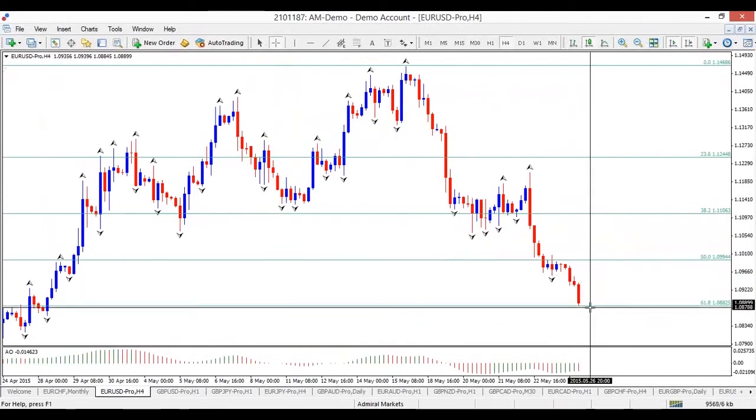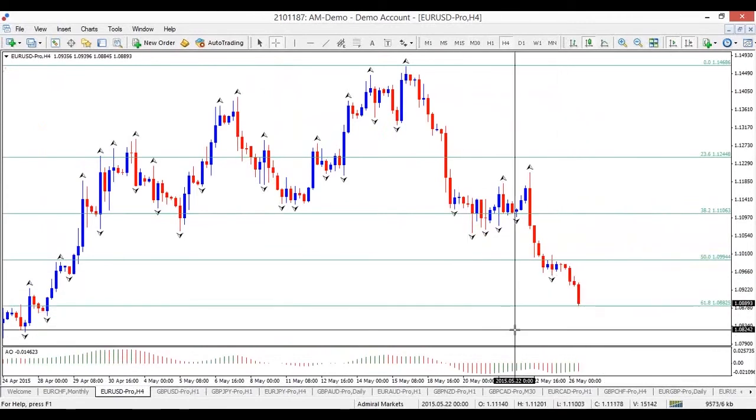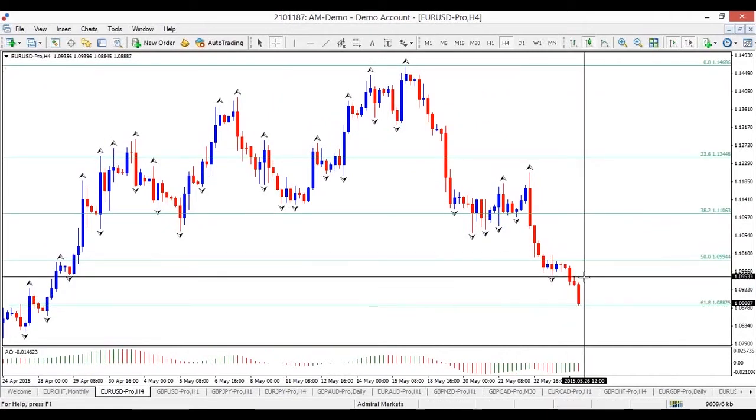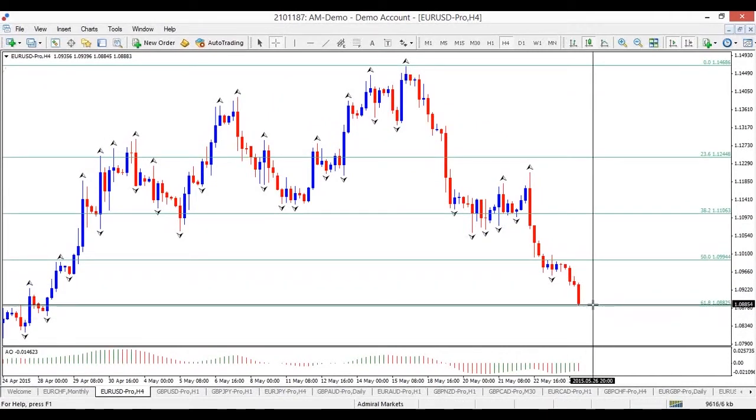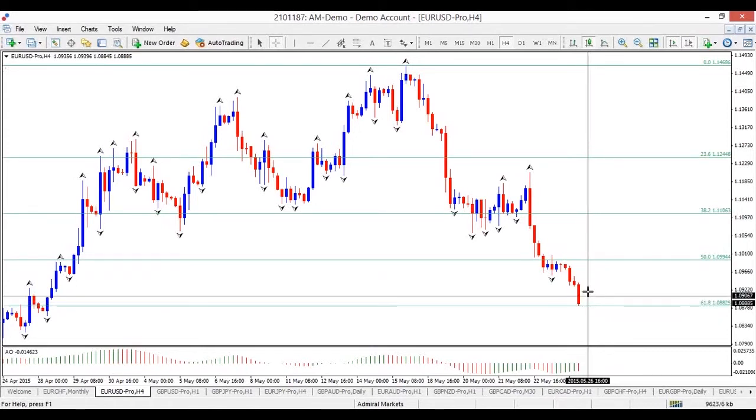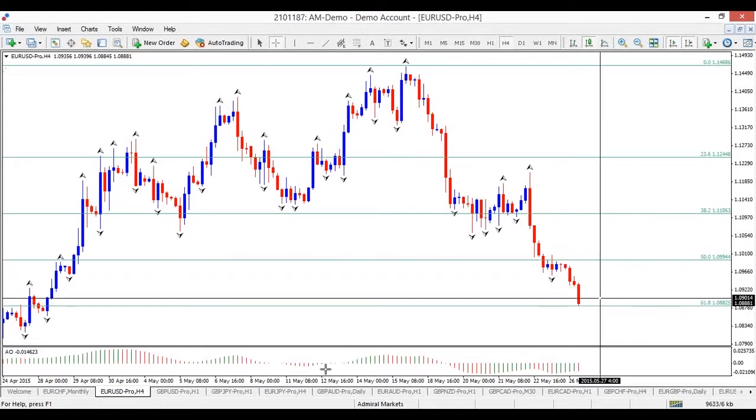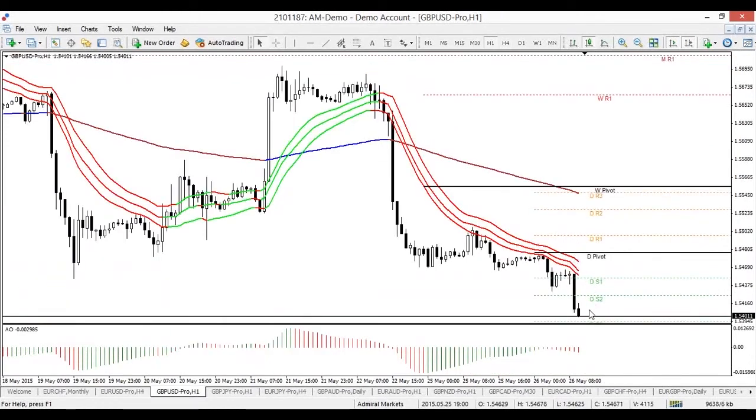Plus the euro dollar could bounce at the 61.8. So we're at a kind of tricky point, right? Where okay, we have this downtrend, but we're reaching levels that should be important, and we have to monitor carefully. And if the euro dollar does get the bounce, a strong engulfing candle, for instance, or rejection, I would be looking for a potential long on the euro dollar, more so than the pound, because of the fact that I see pound